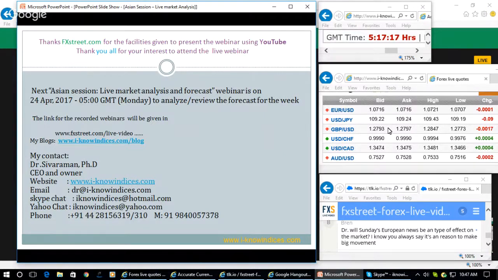Why? What has happened to British exit? Or has anything significant happened for GBP to go up? No, simply they create the hype out of that. So Sunday election results, they will use it for a gap out. And the gap out could be a downward gap out in the case of Euro and GBP on Monday, and then they will start recovering the market. I think you got the answer.